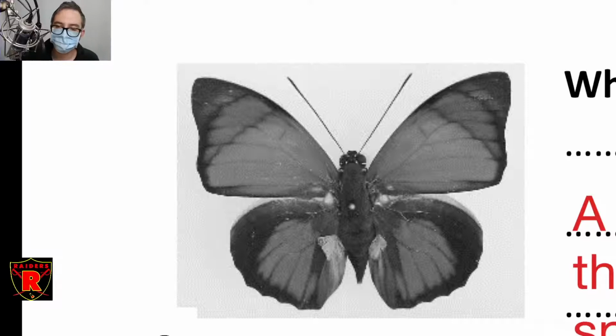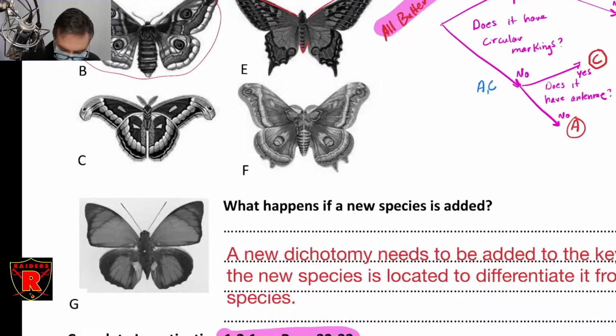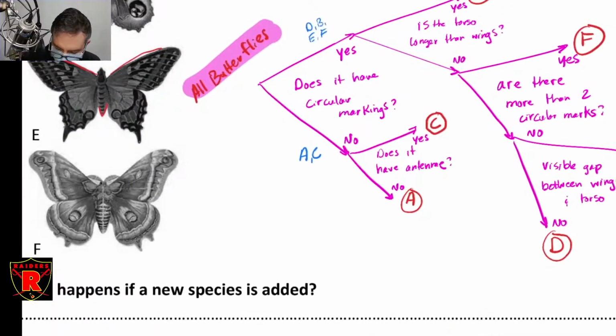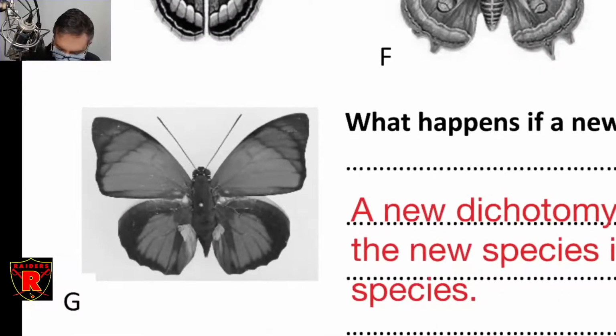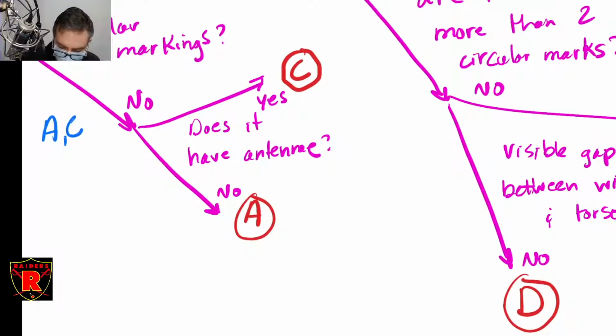Okay, so you're on the right track here, Mohammed, which is, first of all, follow the path and see where it would go. Okay, so does it have circular markings? No. Okay, so we're going to go down here. Does it have antennae? Yes. Okay, so we're going to end up here on the key,